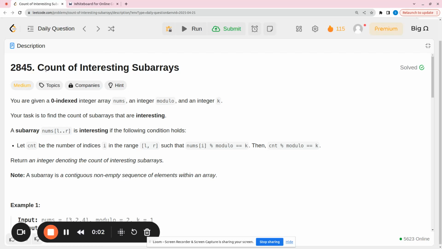Hi guys, today's Leetcode daily problem is count of interesting subarrays. We are given a zero-indexed integer array named nums, an integer modulo, and an integer k. In this nums, any element that satisfies nums[i] mod modulo equal to k is a special